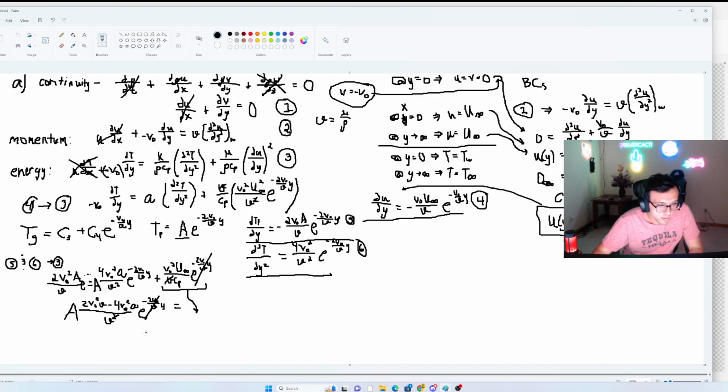So A is going to equal... actually, viscosities don't cancel out. It's going to be U infinity squared. I forgot to put a square here. It's right there. U infinity squared